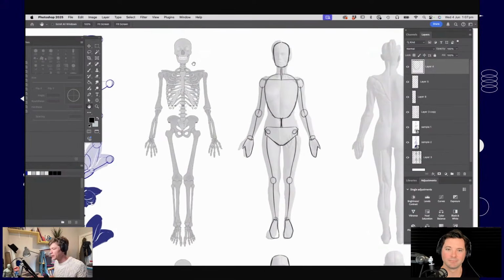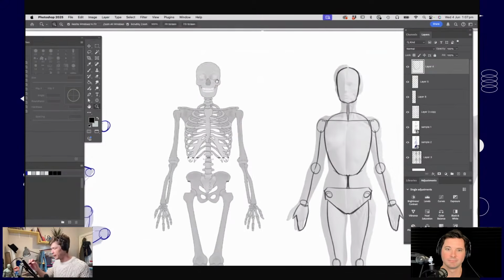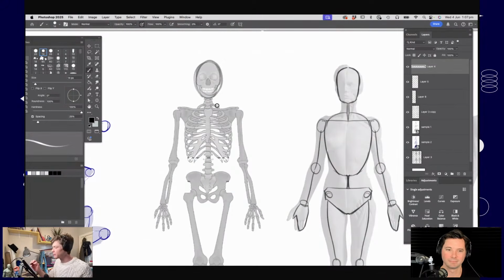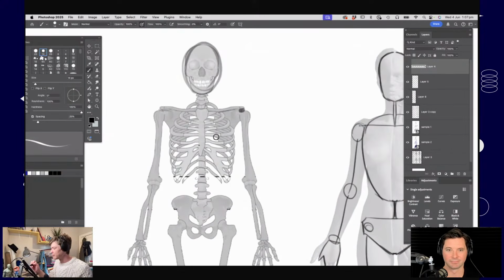And we start with thinking of the skeleton as a shorthand, the basis for a stick figure. So if I could draw on top of the skeleton, we're going to start thinking about just some really basic lines. The most obvious one might be a circle for the head. And we've got all these details of the scapula and the collarbone and the sternum and the ribs and everything, but I'm going to abbreviate that down into just one line across the shoulder.